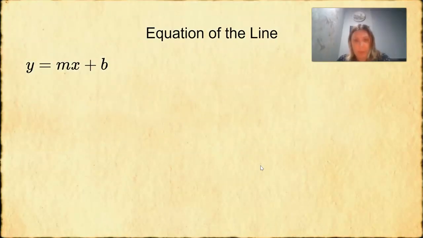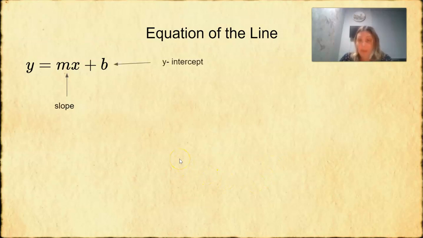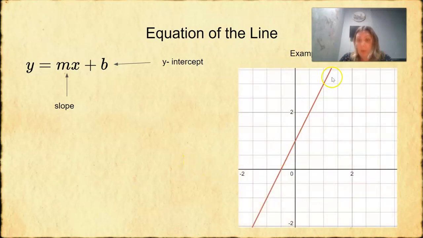So let's start with slope-intercept formula. So the equation of the line looks like this. Y equals mx plus b, where m is the slope and b is the y-intercept. So here's an example, right? Here's your equation of the line, right? It gives you a line. And the slope is how much this line is tilted with respect to x-axis, right? So the slope in this case is 2, and the y-intercept is the place where it